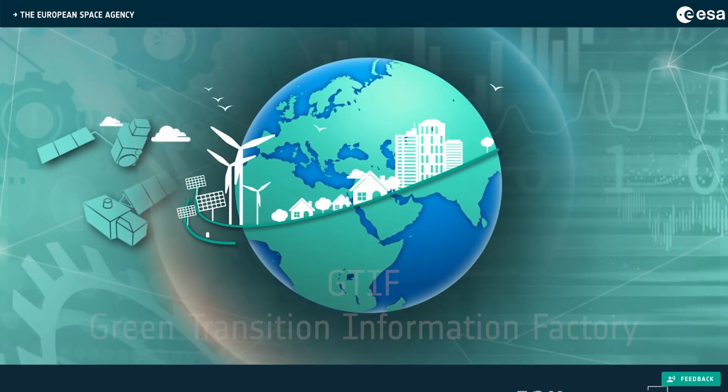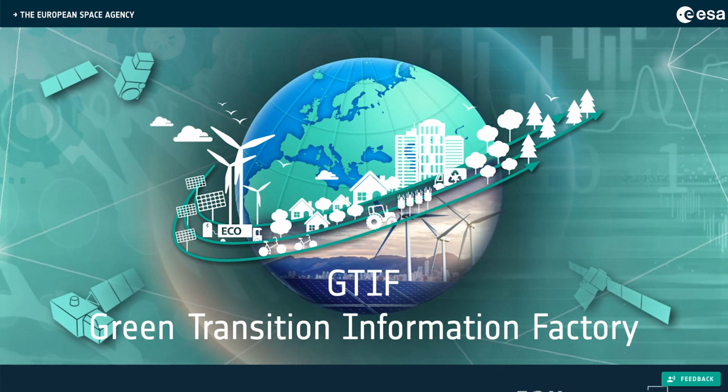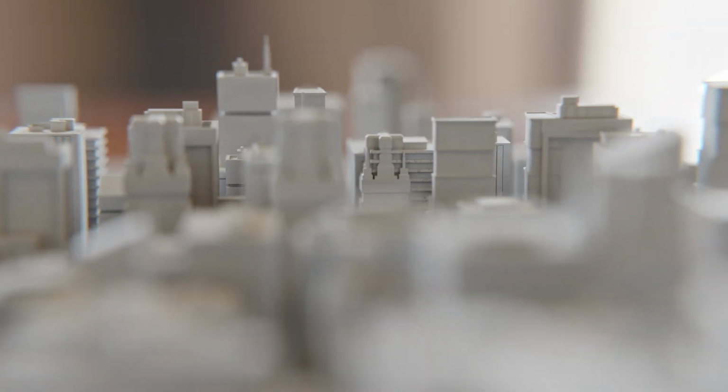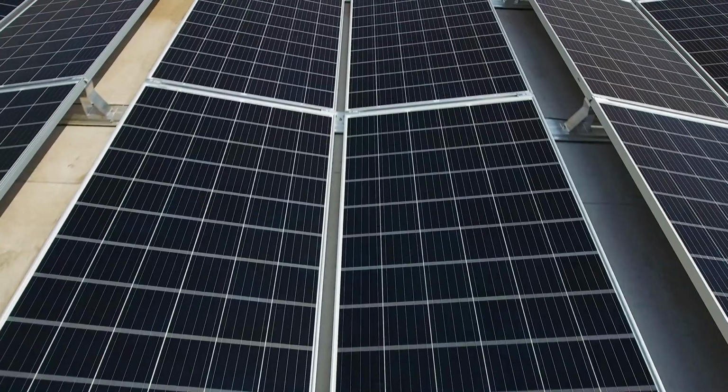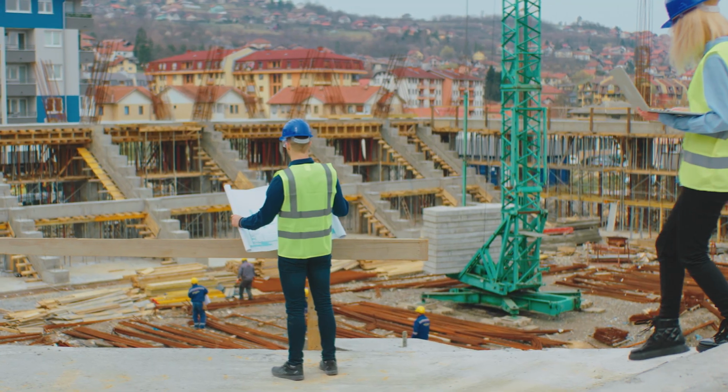Today, we would like to introduce to you a new tool that we have developed, which is called the Green Transition Information Factory, or GTIF for short. The objective of GTIF is to provide decision support in the context of the green transition to enable various users to inform themselves and address their information needs in this context. Today, we're going to present to you 5 functional highlights that are enabled by the capabilities that we have implemented